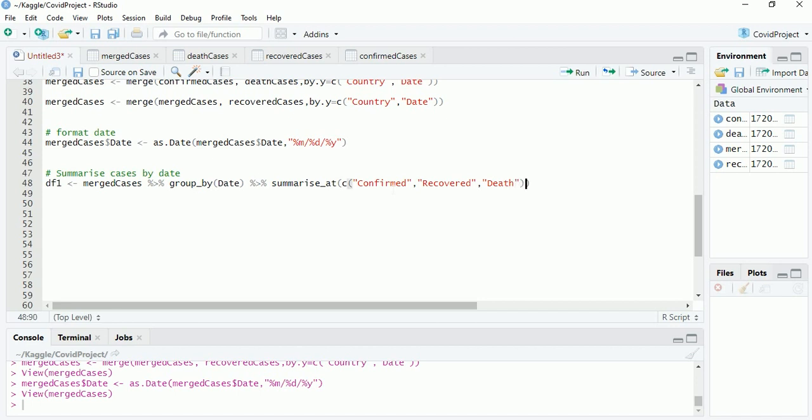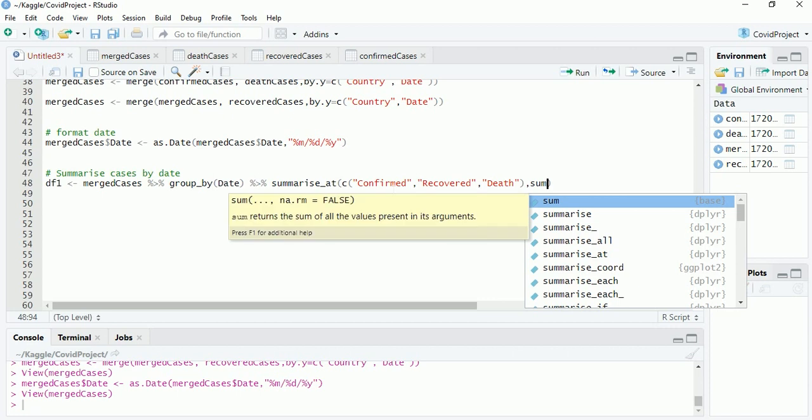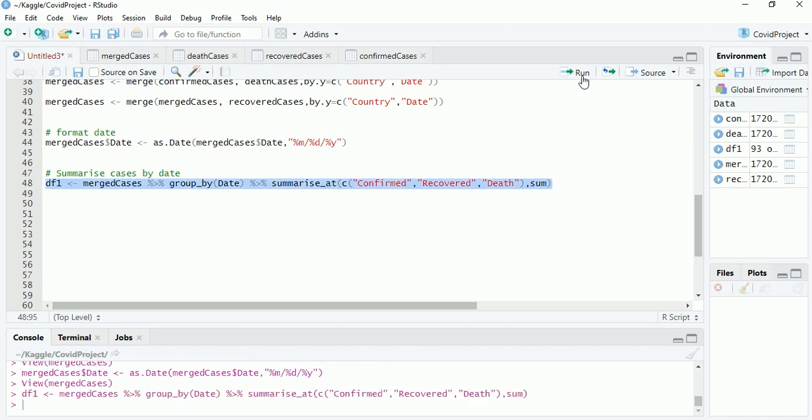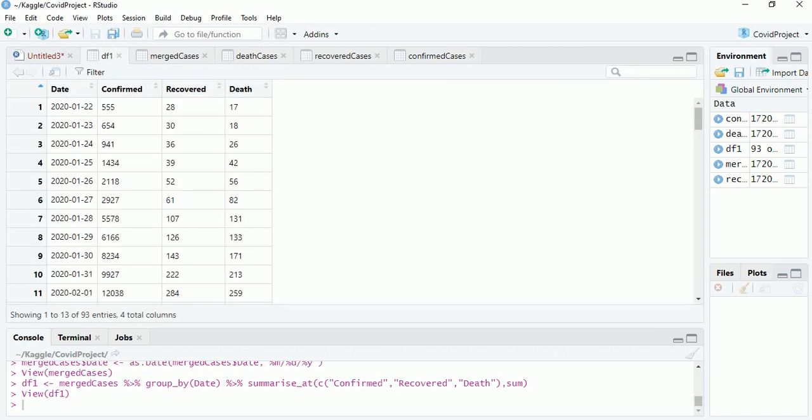So yeah, we need the summation of those. Okay, so I shall run this. Okay, df1 is created. We'll have a look into it. So like you can see, we have grouped by date, and we have summarized the data for confirmed, recovered, and